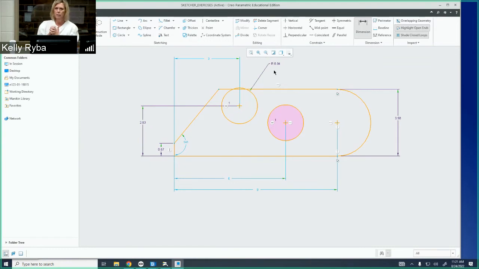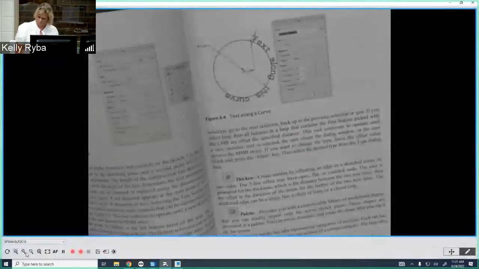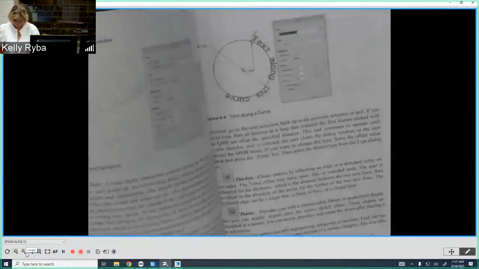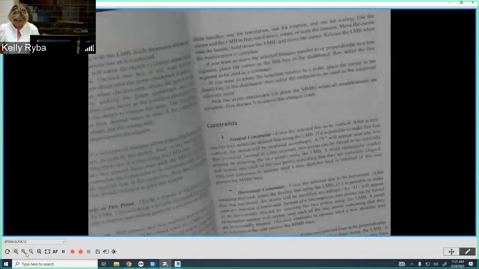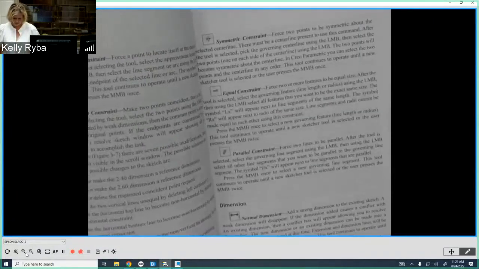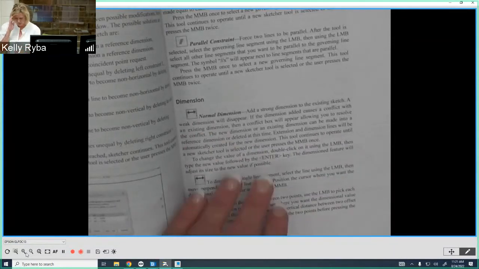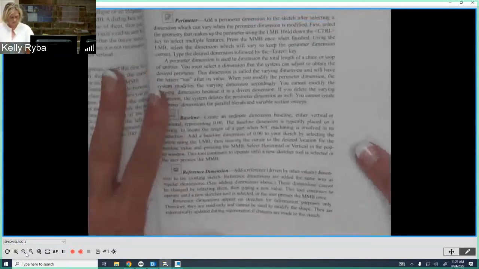Now, there is a difference in how you select for a radius and for a diameter, okay? So I'm going to show you, if we go into the sketching tools and we go to the dimension section, let me go back over here. Here's the dimension. On page 41 starts the different ways that we can do dimensions, okay? Now, if we turn the page, under that dimension,